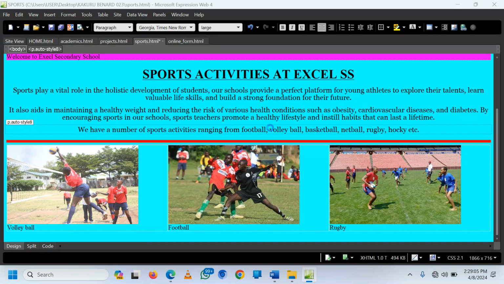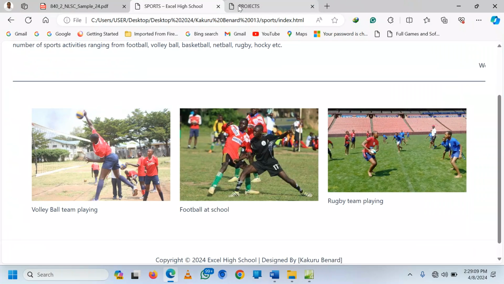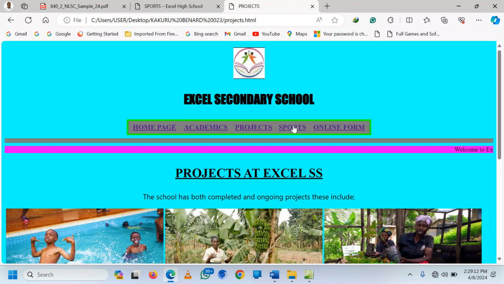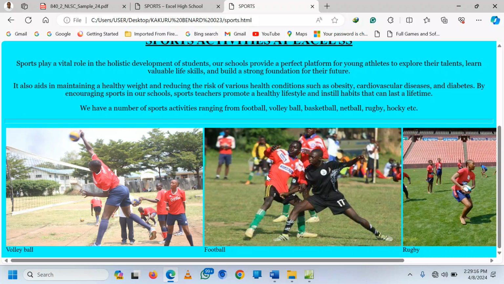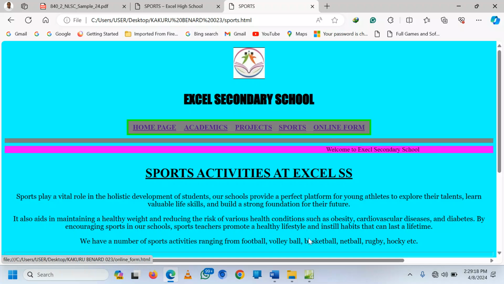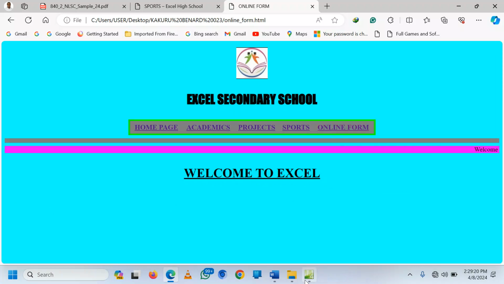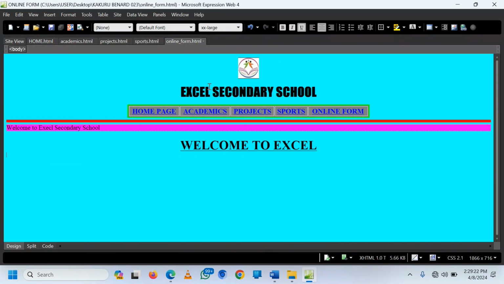So save changes, you click OK. So when you go to your page, here you now go to sports, a paragraph, and then you have the sports activities. Let's now go to the online form. We go to online form. We can call this, we can say